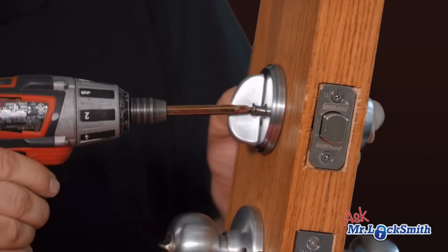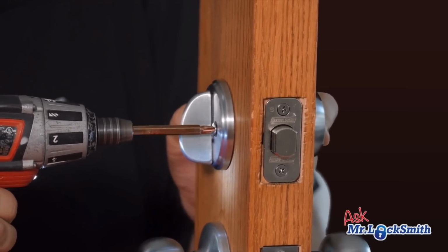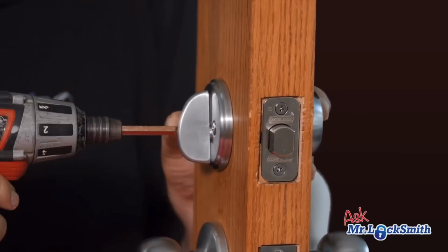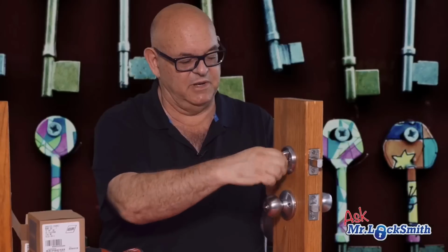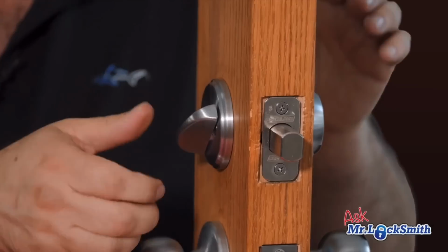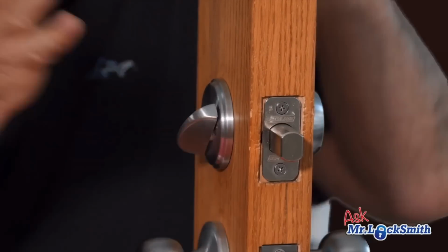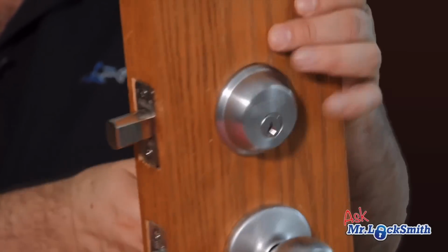If you have a metal door, wood is a little bit better. It's not better, it's just less likely to. The big problem is on some of the metal doors, when you tighten these down really tight, it pulls the metal in, and then this will bind. So you see, this is absolutely perfect. We have this, everything's running really good. Turns nicely, and if we use the key,